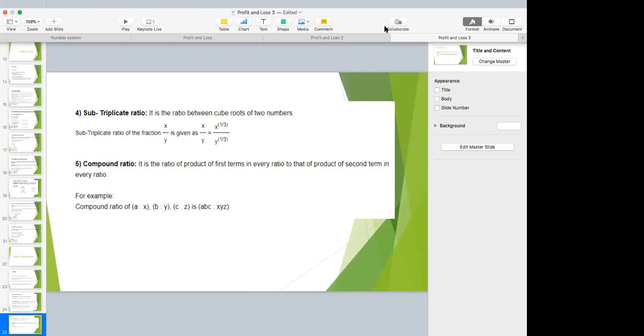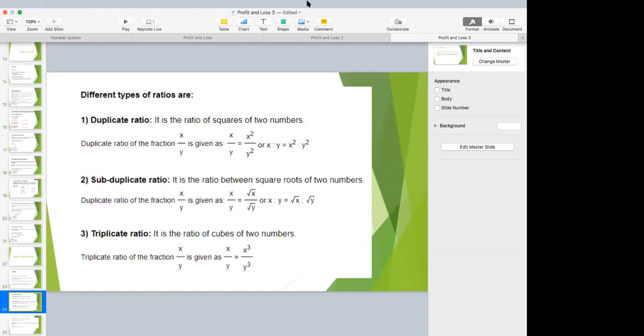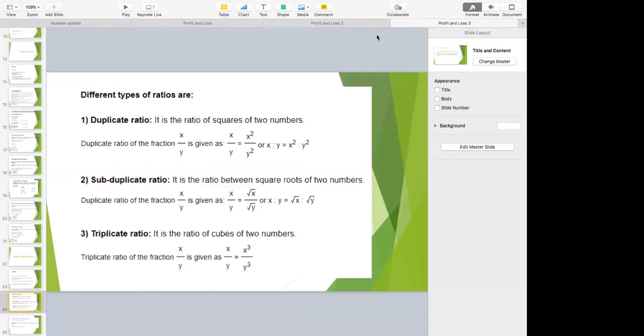Okay. So are you clear with all these 5 different types of ratios, guys? Is there anyone who's having any problem? Can I proceed further? Shivam, what is the importance of this? See, in the questions that you come across in aptitude tests, they might simply ask you these questions. I have personally seen that in one exam, they simply asked the triplicate ratio of 3 by 5. So if someone knew that triplicate is nothing but cubing of the ratio, it would have been very easy.